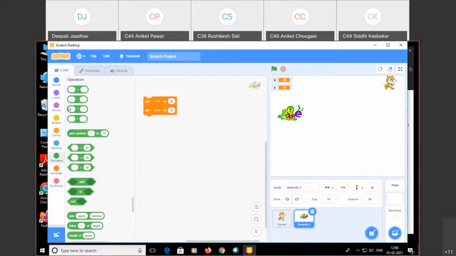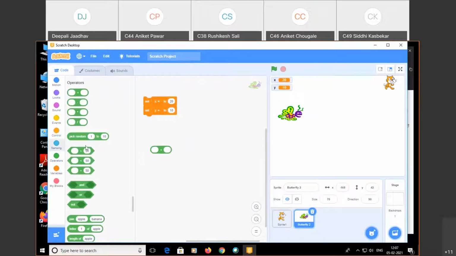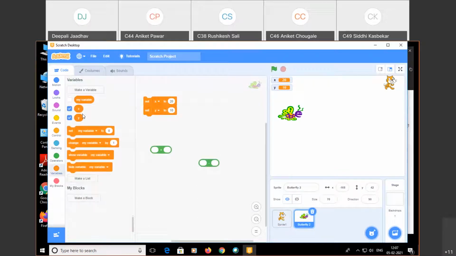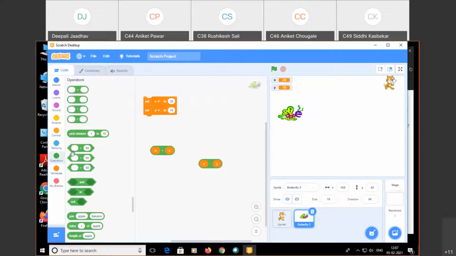Now we are going to use simple operators here. First I take plus. Now my variable plus, and we will see minus also, some of the operations. My variable x is there, so I put it here. y is there, I put it here, and then I execute. What is the result? 30. It automatically makes the addition of your variables x and y. Same, I put it here, I put it here, and 20 minus 10, 10. It shows the output. In this way, the different operators are available that you can use.